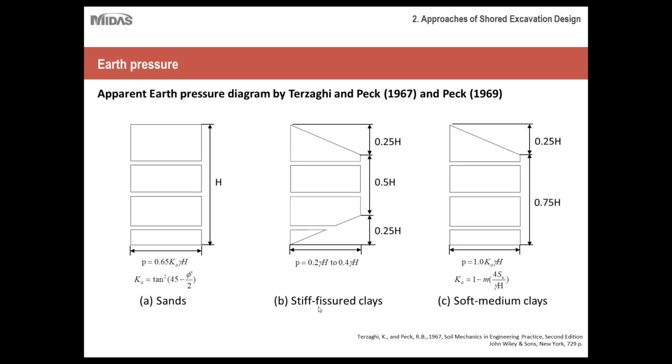Whereas if you are working with stiff or fissured clay, the variation is somewhat different. You see a triangular tapering for the first quarter of the height, then the second half is constant, and then the last quarter is varying again, and the pressure variation is from 0.2 to 0.4 times density times height. Then if you are talking about soft to medium clays, then it is a different variation altogether. You see for the first quarter the pressure varies, and then it stabilizes for the rest of the depth of